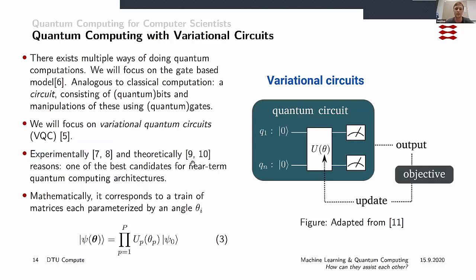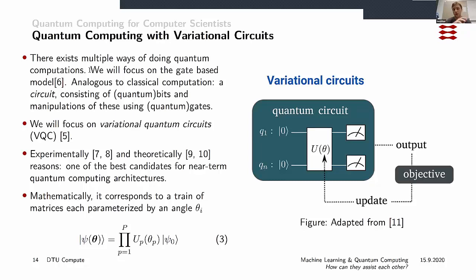What does that mean? That means that we can take any probability distribution over qubits and transfer it into any probability distribution over qubits. So we have this universal feature. And experimentally, in the sense that we can also easily calculate gradients, how to actually update these parameters. But I'm perhaps getting a bit ahead of myself. What I want to say is that these variational circuits are based on what's called the circuit model of quantum computation. You can do all sorts of quantum computations, but we'll focus on the circuit model. The idea is that we have these qubits, and we can modify the state of them with quantum gates. That's the general idea.